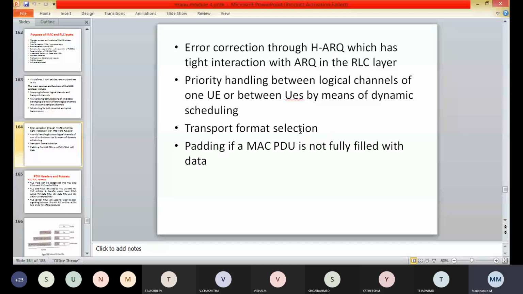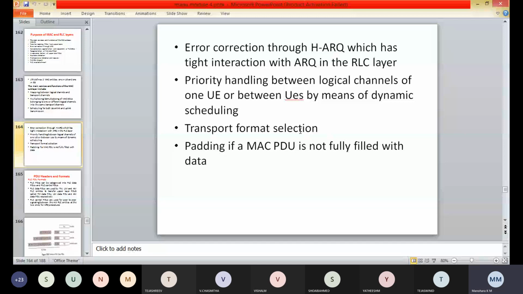At last we have the padding in the MAC PDU. So these are the purposes of the MAC and RLC layer. This is also very important.